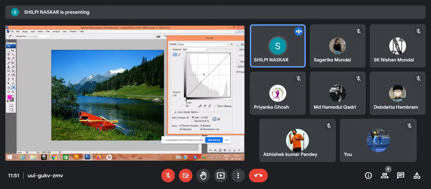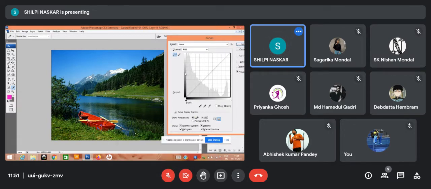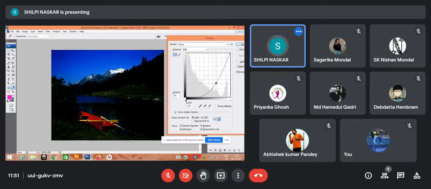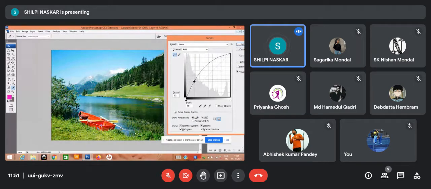You can press the alt key and click to refine these squares to 100 squares, whereby the x-axis is input and the y-axis is output. This is a graph tool which basically adjusts brightness. Just for showing purposes, I am showing you the extremes, but this is normally done for betterment.